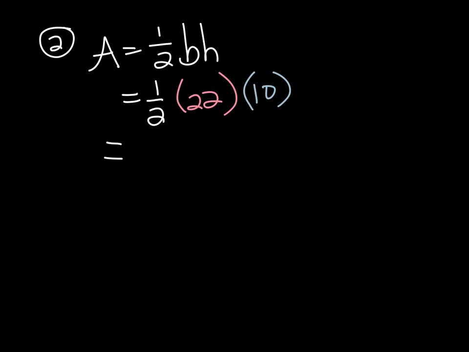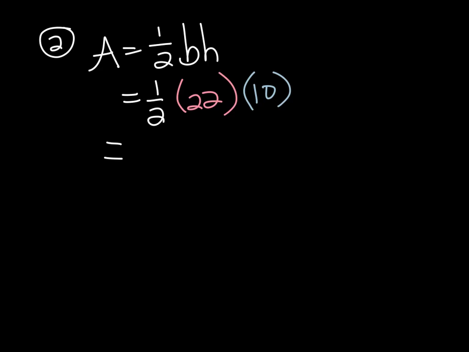On this one again, I'm just going to demonstrate a different way to think, same steps, but just knowing that we can put things in different orders, make our lives a little bit easier. Filled in the 1/2 base times height, the base being 22, the height being 10. This time, if I multiply those two numbers together, again, it's totally fine, but 22 times 10 gives me a